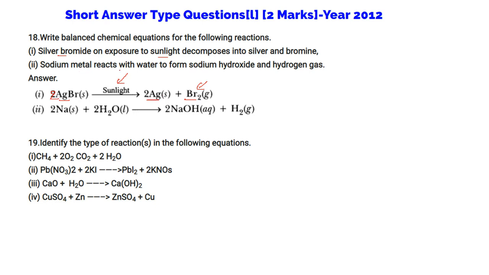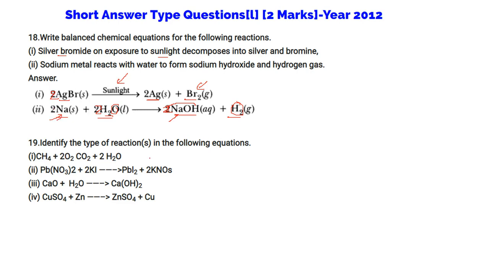Sodium metal reacts with water to form sodium hydroxide and hydrogen gas. So sodium is there, water is there. When we combine them, it gives rise to NaOH, sodium hydroxide, and hydrogen is liberated. Now H is 2, so you have to have a 2 here. How to balance this? There is 2H and there is 2H, so you have to put 2 here. Now 4H is there. Now oxygen has become twice, so you have to put 2. So Na is all balanced automatically because 2 has to be put here.